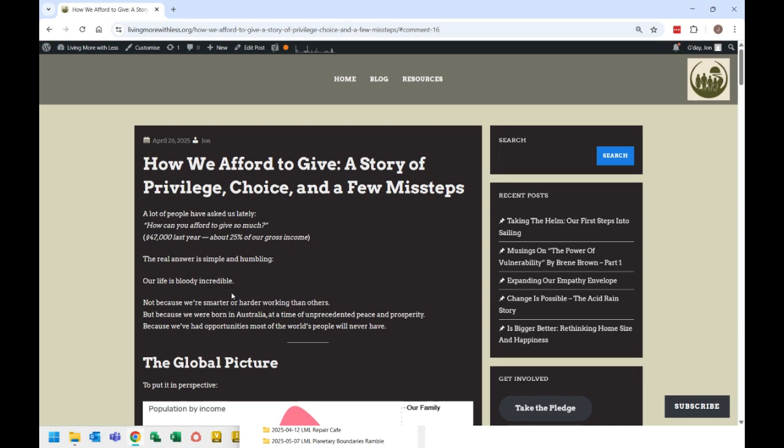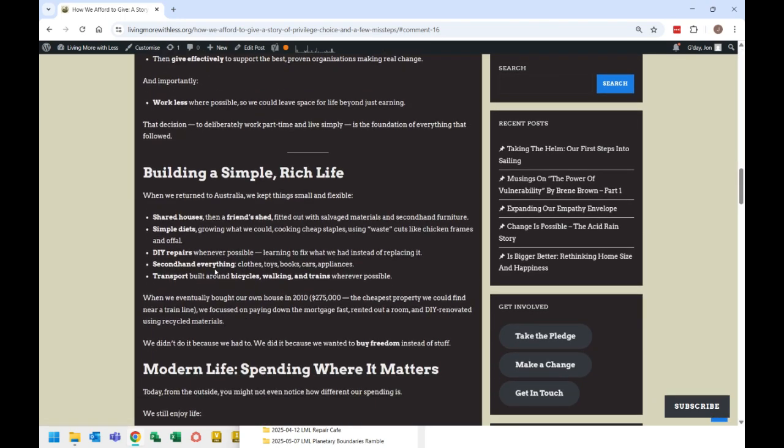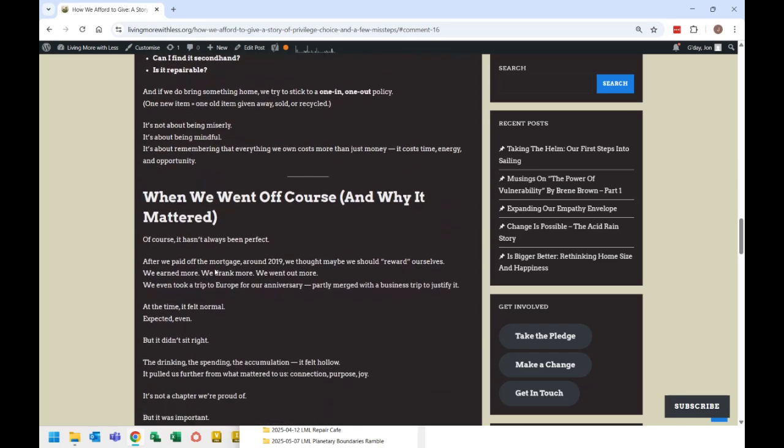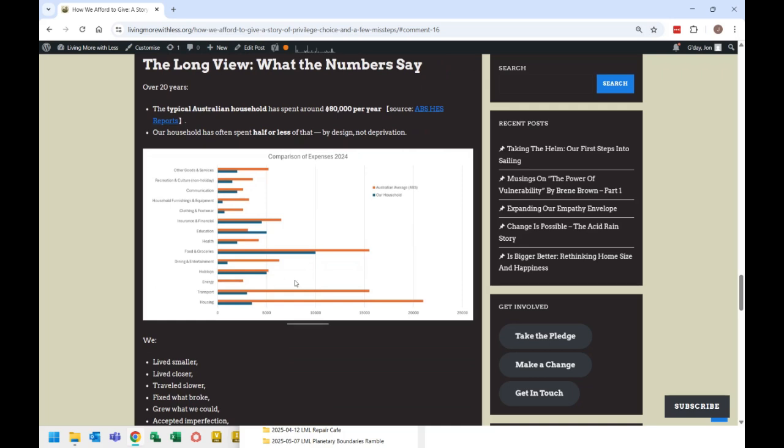So this is the post that I've described before that is our most popular at the moment. And we talked about how we've afforded to give over time. You can find it on our website. But one thing that I wanted to do was provide a slightly clearer breakdown of our expenses. So I think that that's something that has fascinated people, how different this is from Australian average. So I've converted this and also merged the soybean plot into a Sankey chart, which hopefully makes it a whole